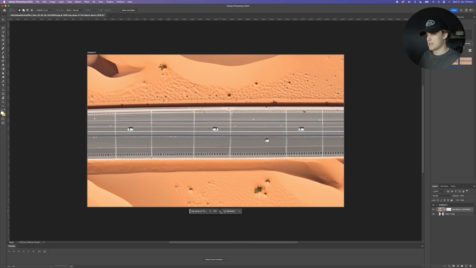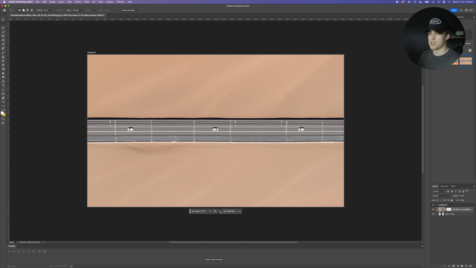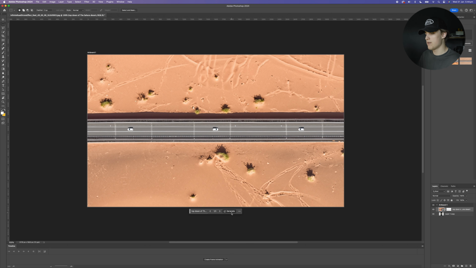So we can go through, decide which one we like the most. This one here, number 2 or 3, is a complete miss in my opinion. This is because we want to keep the road pretty constant so that when we do all of our different environments, the road seems to stay the same to an extent. And this is also a bit of a miss because the road is a bit too wide again. So you know what? I'm going to go back to number 1 and I'll press generate again and get some